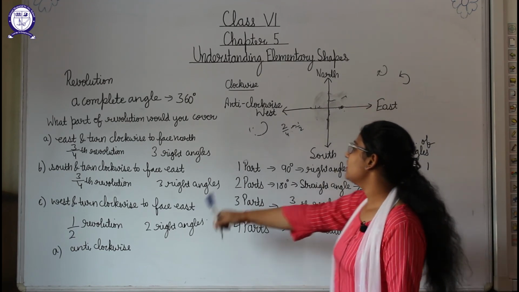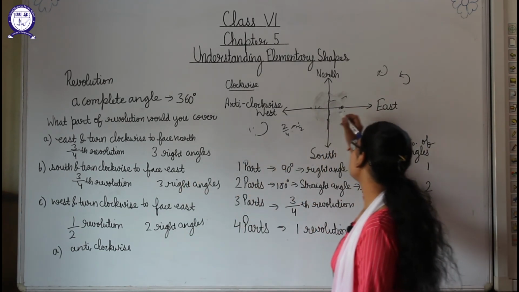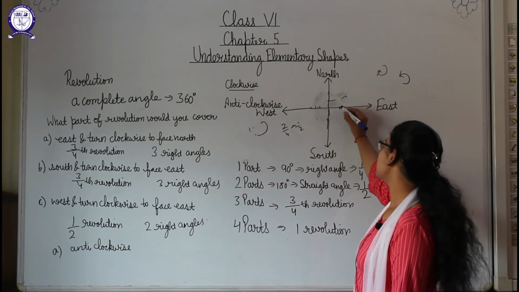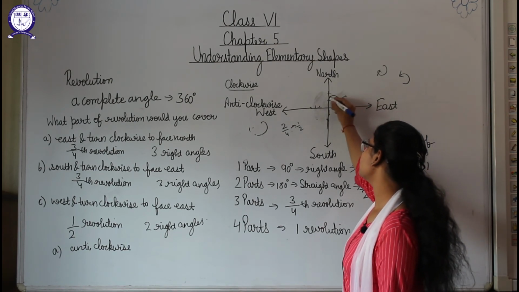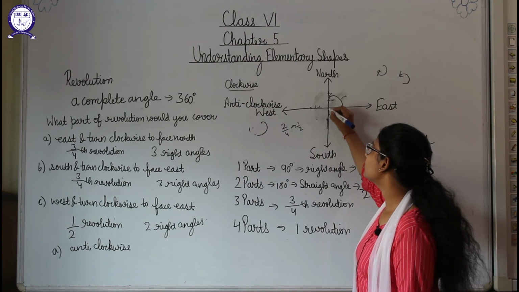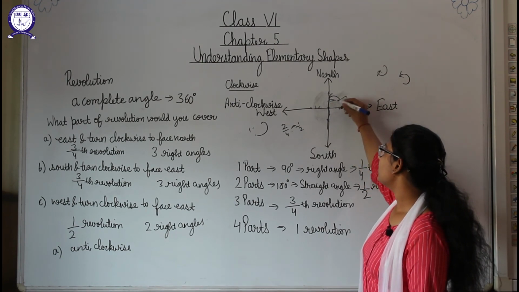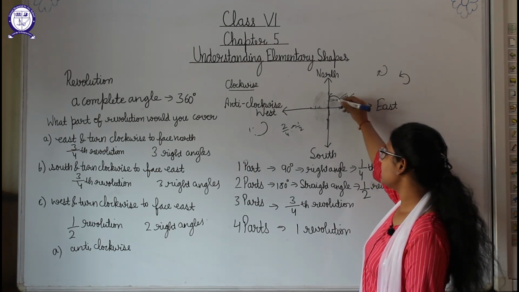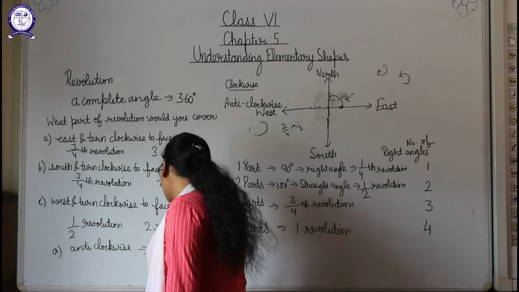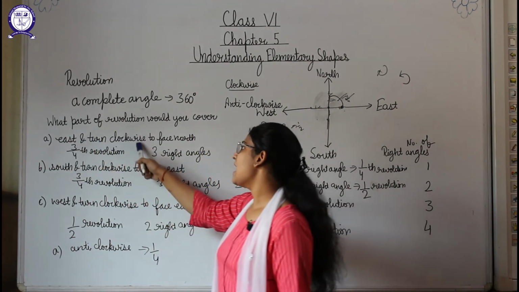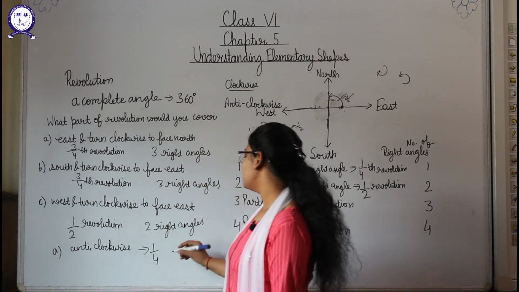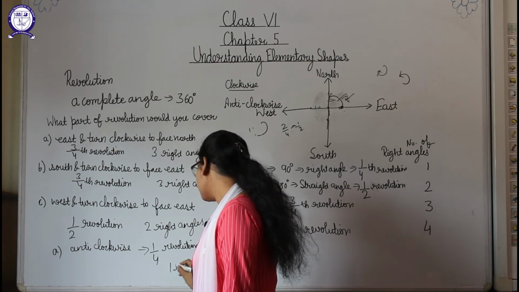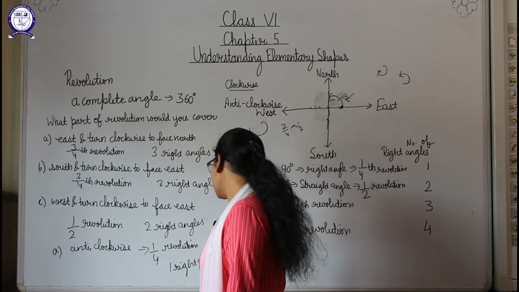So east, and we have to go anti-clockwise to face, sorry, to face north. So this is east and we are not going clockwise, we are going anti-clockwise, like this, and we reached here at north. So how many parts is it covering? It's covering only 1/4 of the part. One part is covering, means 1/4 of the revolution. So when from east we turn anti-clockwise to face north, we will be covering 1/4 of the revolution. And students, 1/4 of the revolution means 1 right angle only.